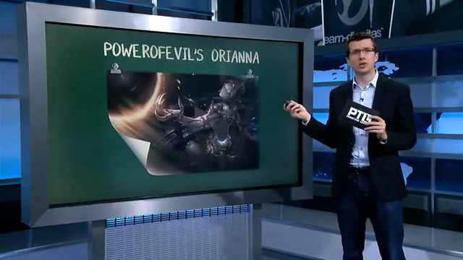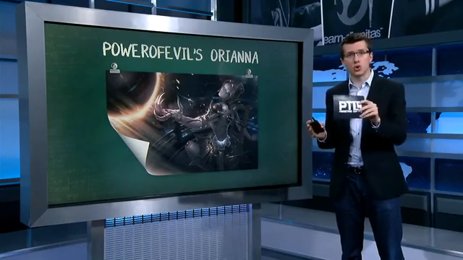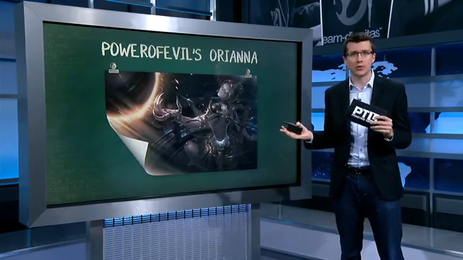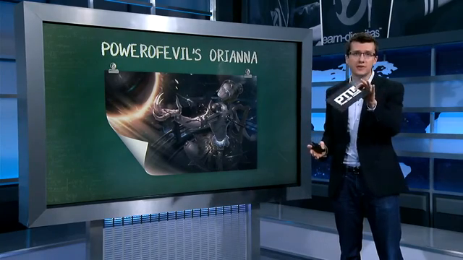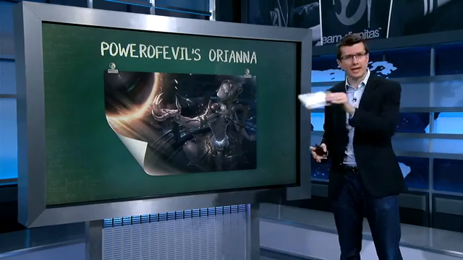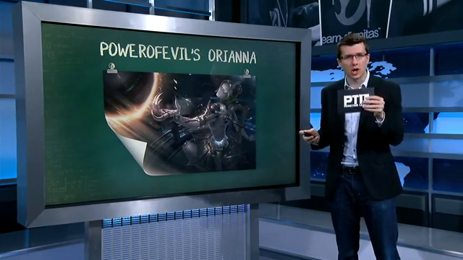And last week, during the final game of EULCS, with their records tied at 7-8, Unicorns of Love defeated Gambit in 32 minutes behind a spectacular performance by PowerOfEvil's Orianna. He was 15 of Unicorns' 21 kills, and he did it all with Smite and Nashor's Tooth. So actually, let's look at the rest of his build and figure out exactly what was going on with that